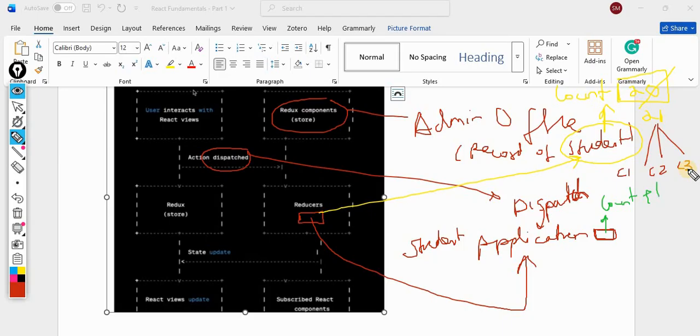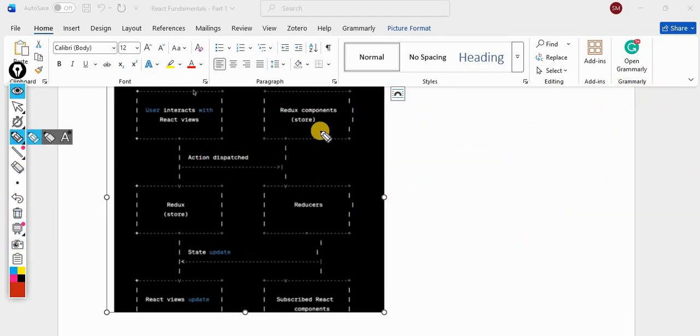So this is the whole thing. This whole thing is shown in this diagram. Whatever I have mentioned is available in this diagram. We have a store. We have a reducer. We have a dispatcher.